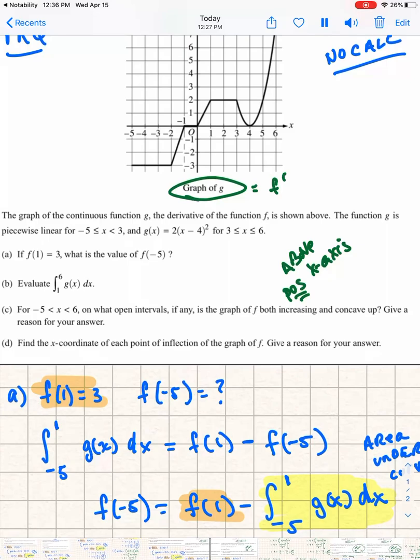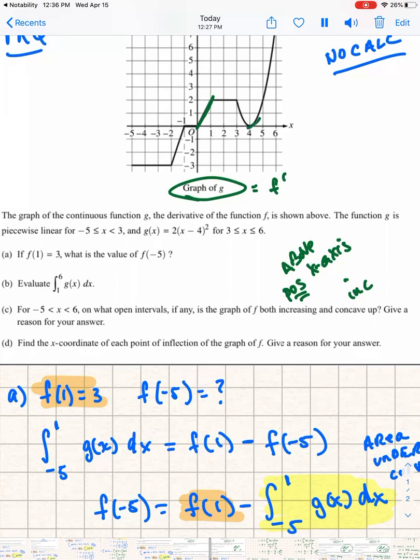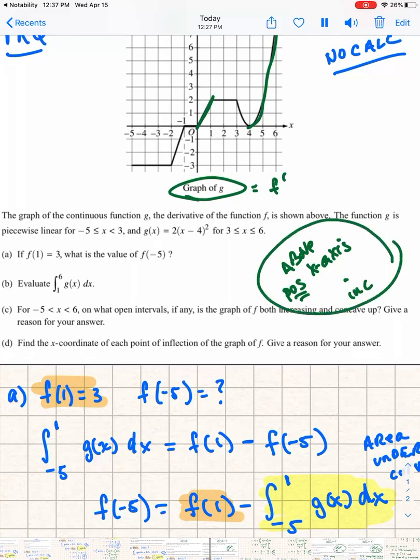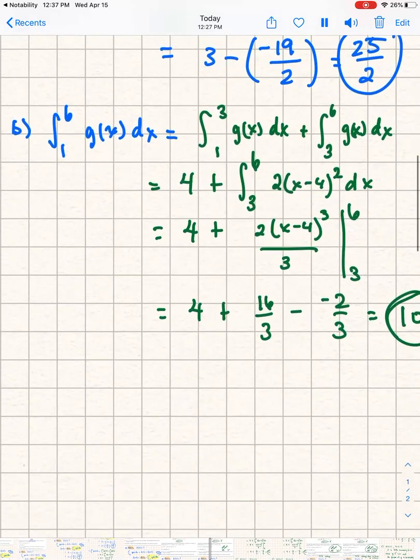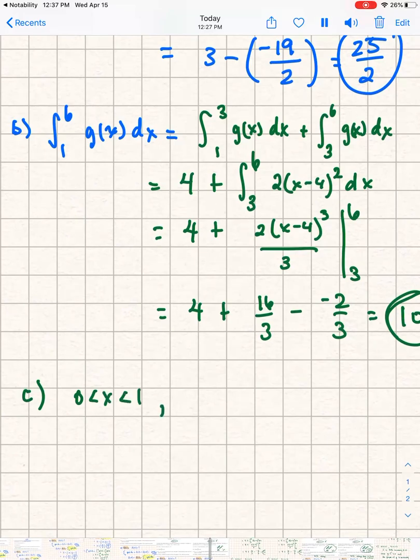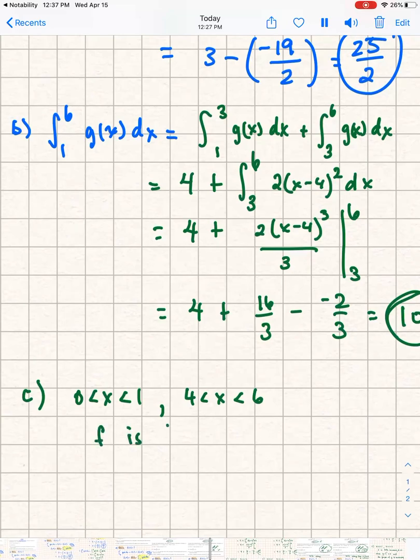And then concave up: since this is the derivative, I want to see where the function is increasing. So you have an increase from 0 to 1, and then again from 4 to 6. So that is what I'm looking for. And when you give your reasons, those are the reasons why. However you want to write it, I would say 0 to 1, and then again from 4 to 6 is where f is both